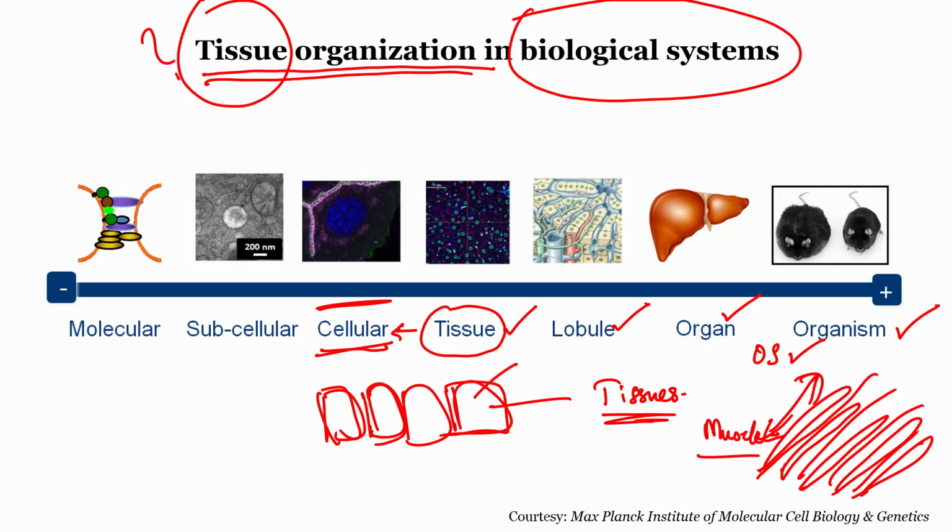For another example, let us say we take the brain. Brain has a lot of different types of cells, but one major cell which you all might be aware of is the neuron. Neuron has a different structure like this, with a nucleus and these dendrites. These are used for conveying the electrical signals to the next cell. So these are neurons.